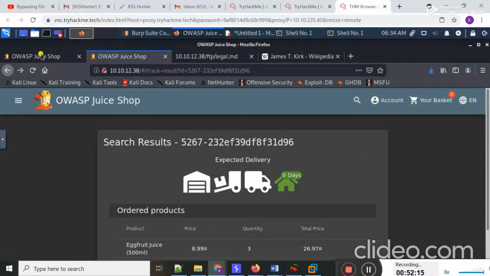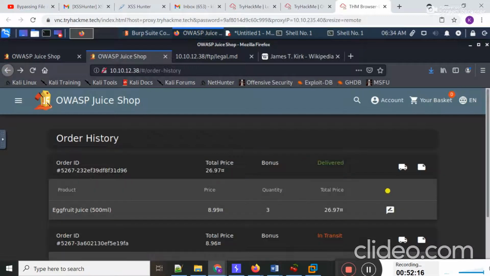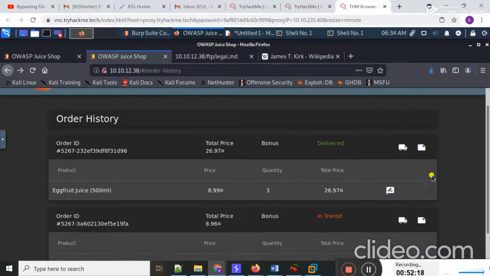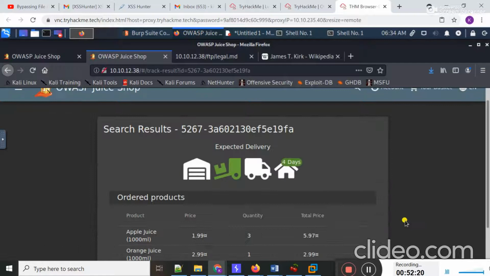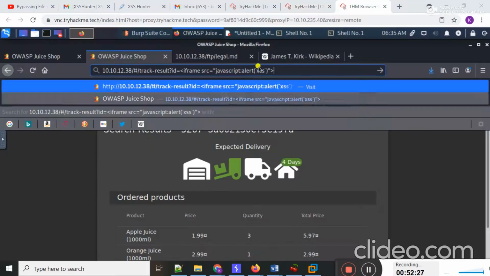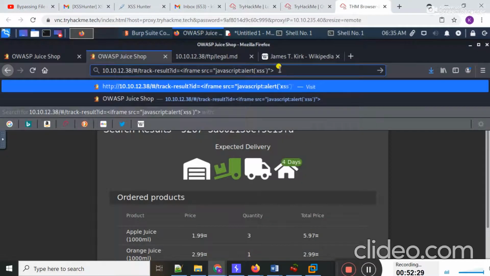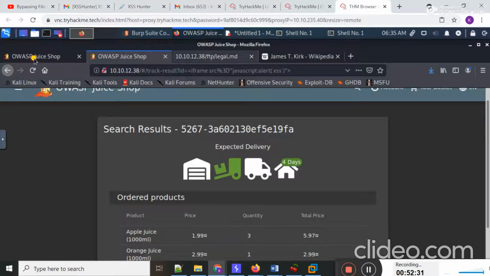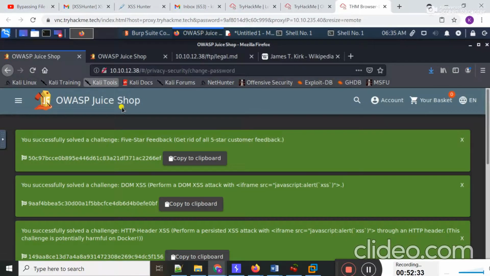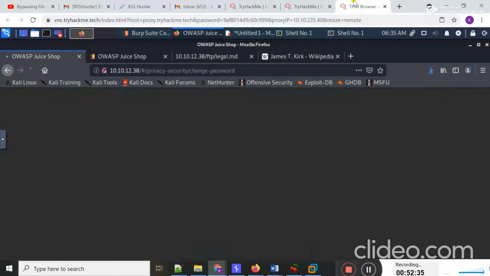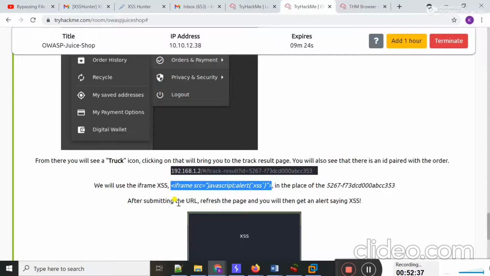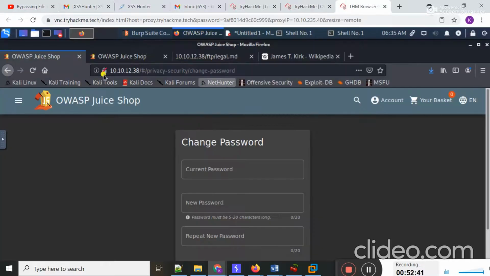If I move to history and click on this truck icon, now if I hit enter, after submitting the URL, refresh the page, and you will get an XSS alert.